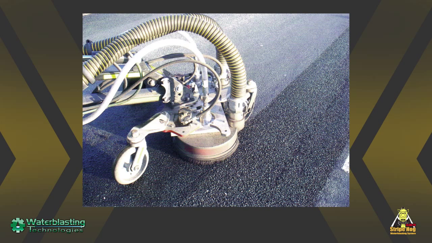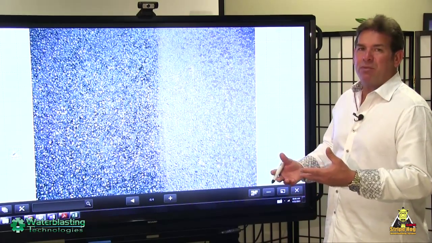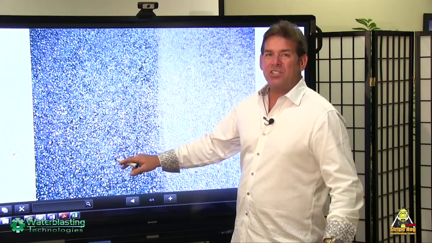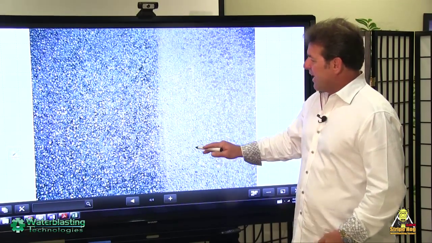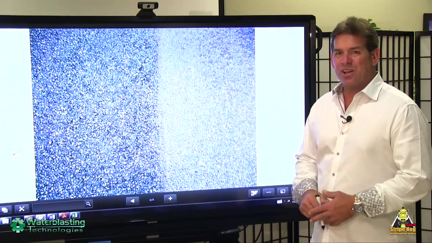Here you see an asphalt roadway in the UK, in which the contractor is improving the skid resistance again by means of water blasting. In very hot climates, bitumen rises to the surface produced by the hot sun, and next thing you know, you have more bitumen than you have rocks, thereby creating a skid issue. Running the water blaster over using the right pressure, the right volume, the right number of nozzles, the right spray width, can be very effective at taking the bitumen from between the rocks and improving the macro texture of that